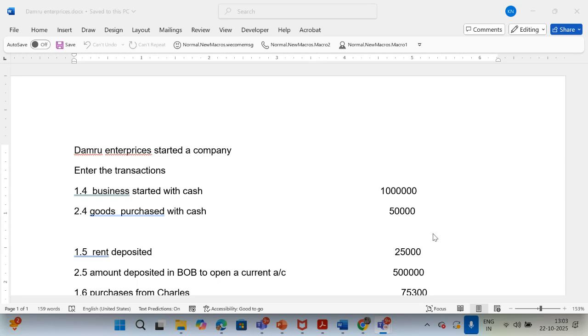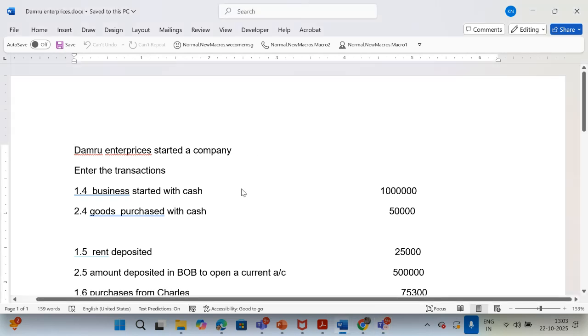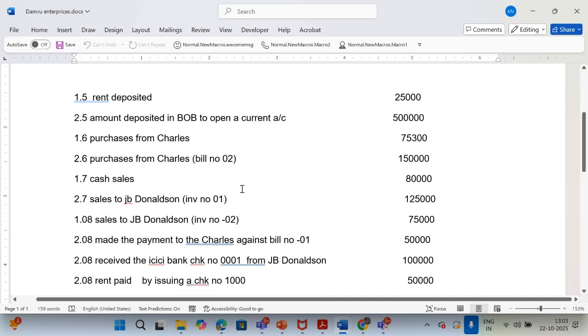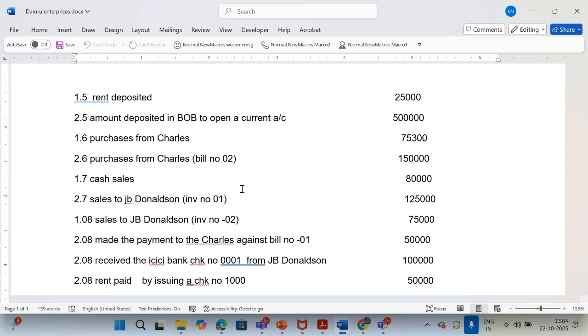This session is for Tally, the computer accounting system. We already completed this exercise, Damru Enterprises, and through this exercise we learned how we can enter the transactions in case of sales, in case of purchase, in case of